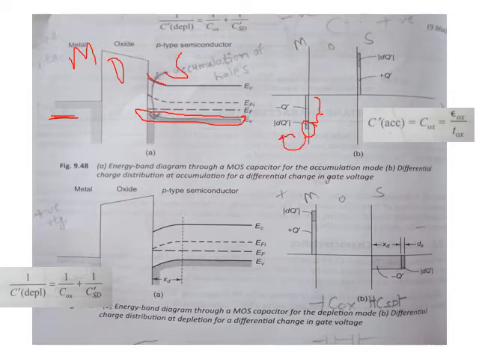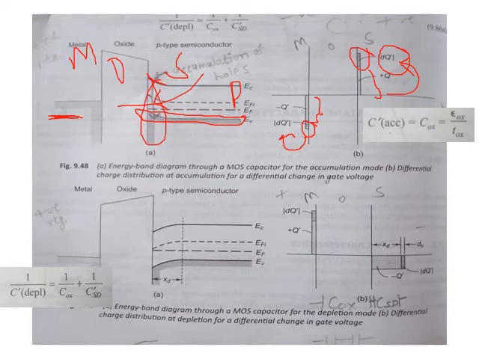right? And on the other side, because we have a p-type semiconductor, holes are the majority carriers. The earlier charge was plus q here. As I have increased the voltage slowly, some additional charge has been accumulated, which is again given by dq, right? And what is this process? It is called accumulation. This phenomenon is called accumulation. What is being accumulated? Majority carriers, which are holes, are being accumulated near the boundary between oxide and semiconductor.